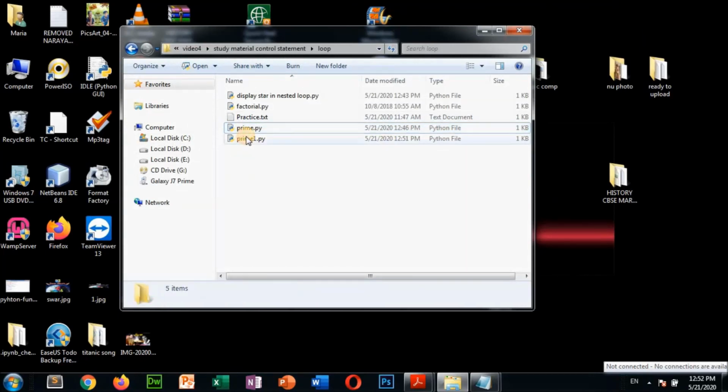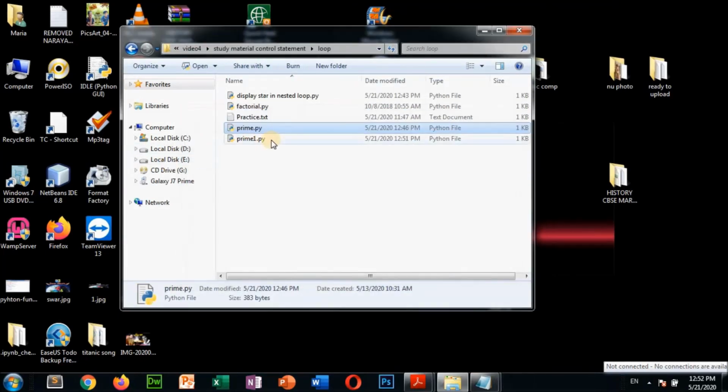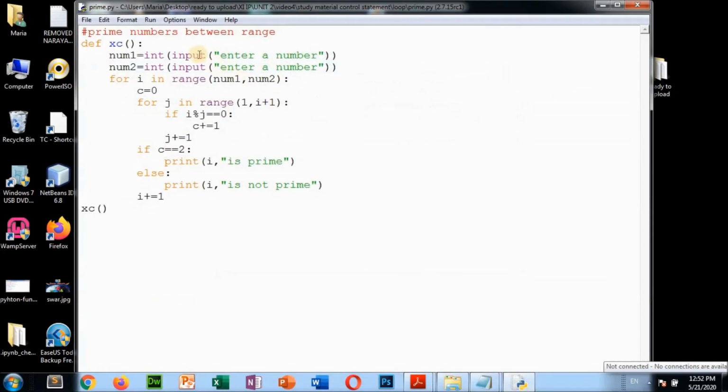Done. This prime 1 has come, and prime is the another program. This displays the prime numbers between here to here. Suppose this is done in a function, the range you are inputting here, num1 and num2, two numbers you are entering, that is 5 and 10 suppose. So it will display the prime numbers between 5 to 10.